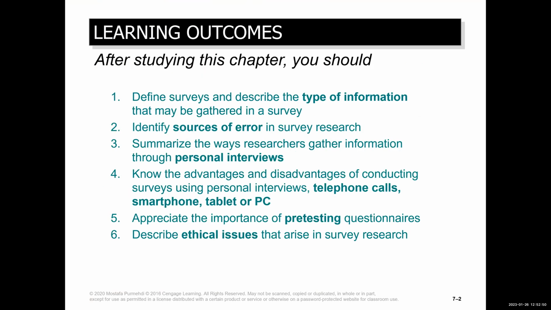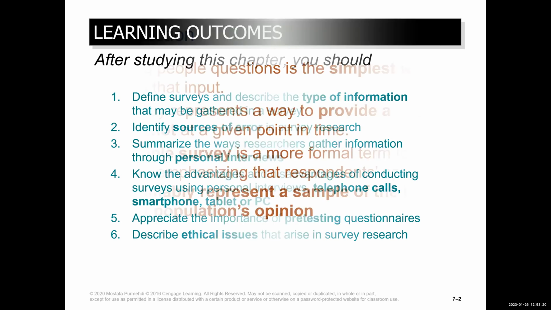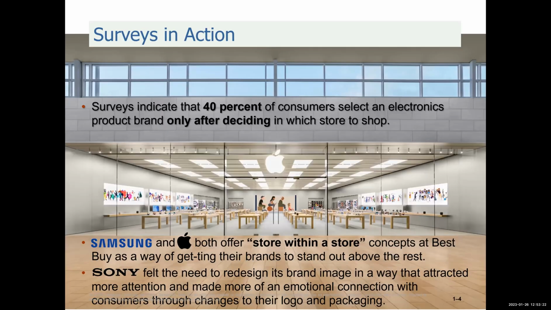This chapter discusses types of information, sources of error that can make information biased, and different types of interviews like personal interviews, telephone interviews, interviews via internet. It discusses the importance of pre-testing your questionnaires before actually sending them, and discusses ethical questions. But I'm not going to get into everything. I'm just going to show you